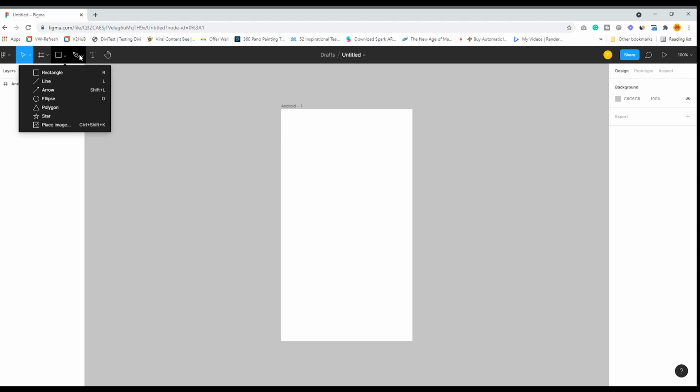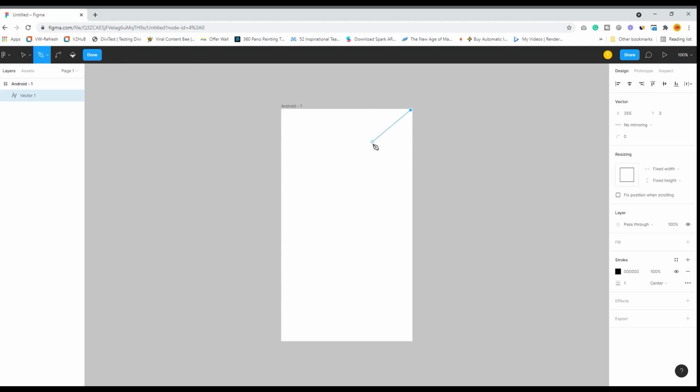Now there is another very important tool, which is the pen tool, that I will cover over here. This particular pen tool works very similarly to your Photoshop or Illustrator pen tool. If you want to change the direction of the handler, just press shift and click on the center of this pen tool. See how I am creating any sort of shape that I want to.